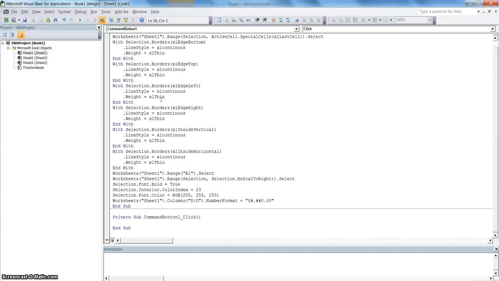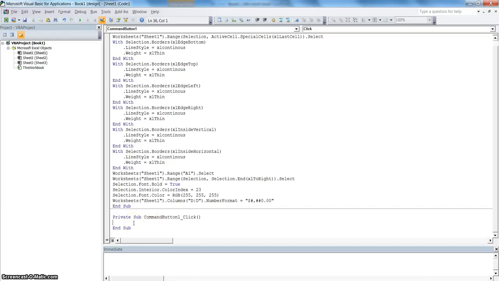For assigning a macro, just double click on this button. Now we are placed into the Visual Basic Editor, and in the Visual Basic Editor you can see Private Sub CommandButton1_Click. This is nothing but the event of that button. In this you have to write a code, and once you click that button, the code written into this click event gets executed.